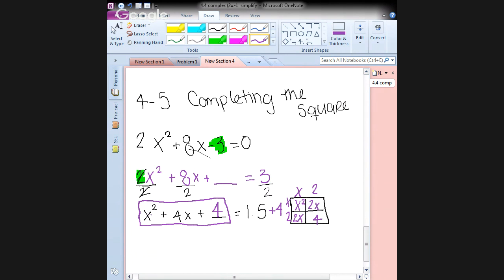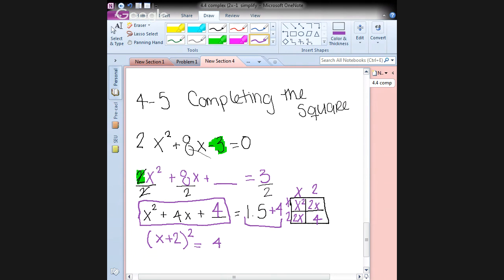Instead of x squared plus 4x plus 4, I'm going to write it as x plus 2 to the second power is equal to, and now I add my 1.5 plus 4,